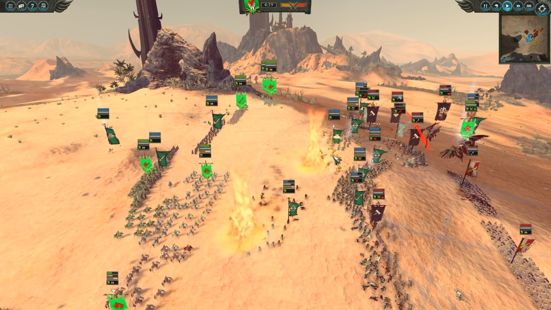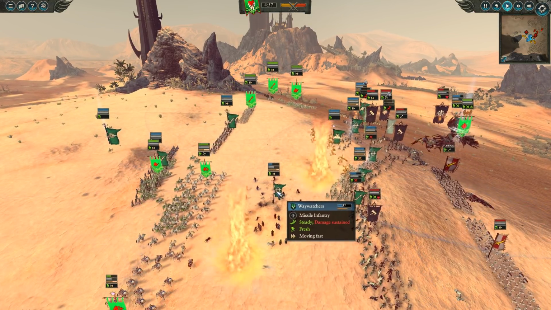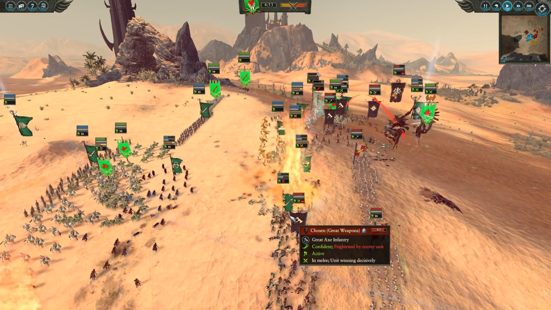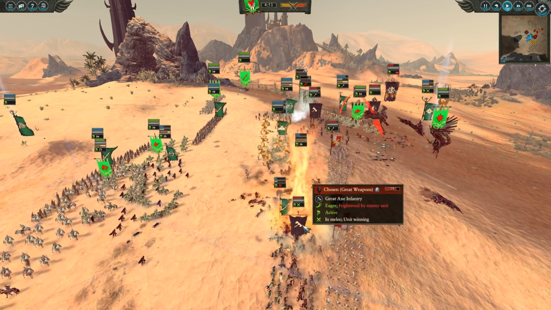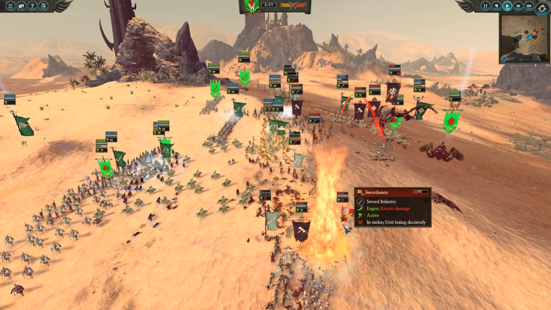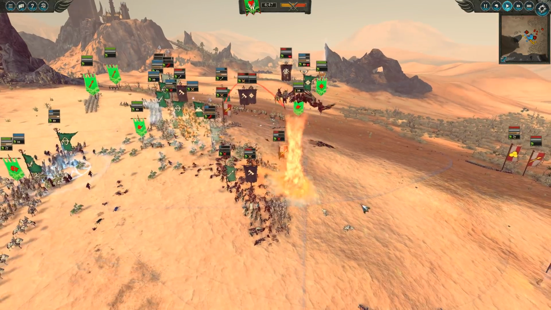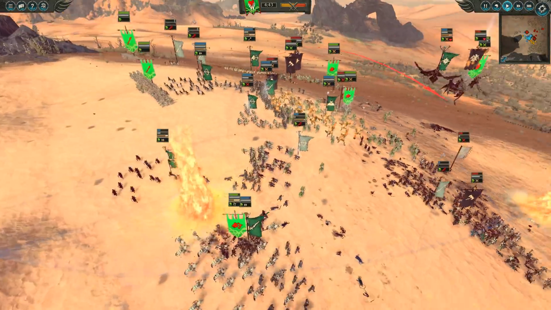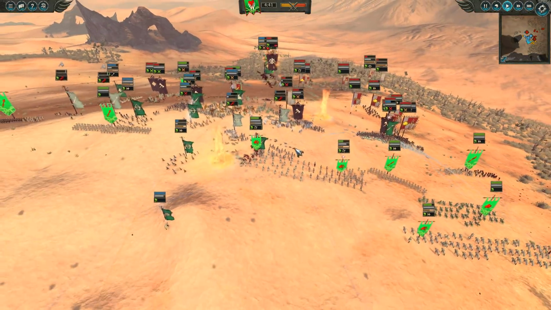Very nice Flamestorm, actually double Flamestorm. Oh man, that Flamestorm just deleted that unit of Way Watchers. And here comes this one, gonna cleave through those Eternal Guard, but then turn around and also do a lot of damage to those Chosen with halberds and those swordsmen there, so a little bit of friendly fire, and oh man, is that another Flamestorm? Holy cow, just unleashing all the